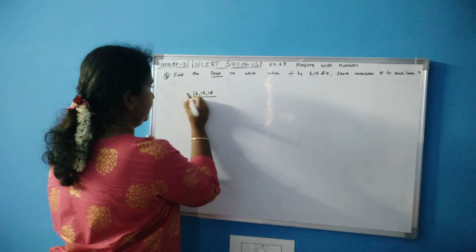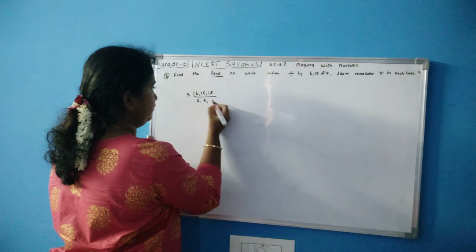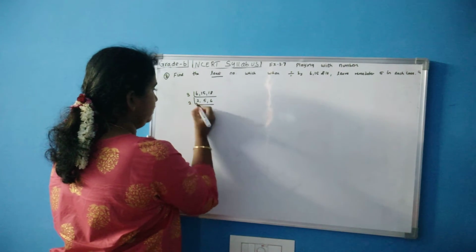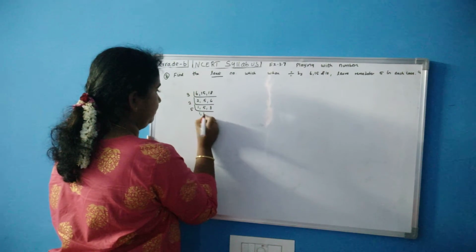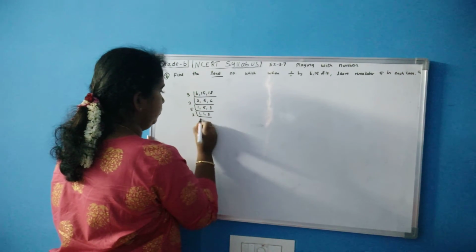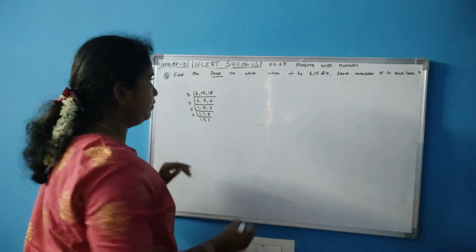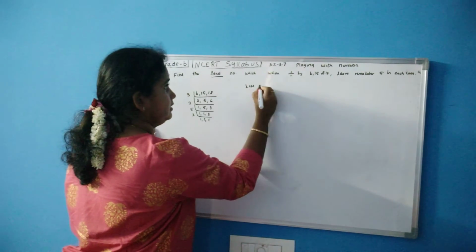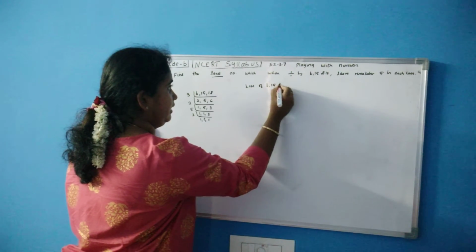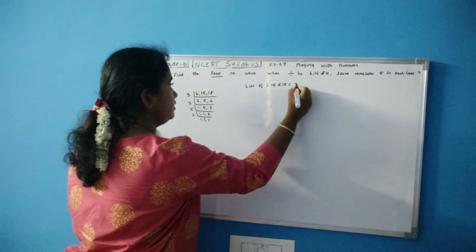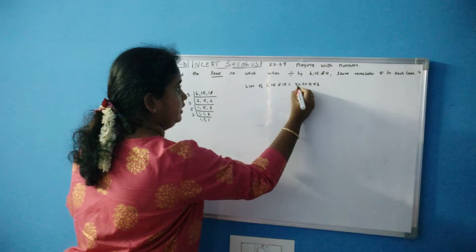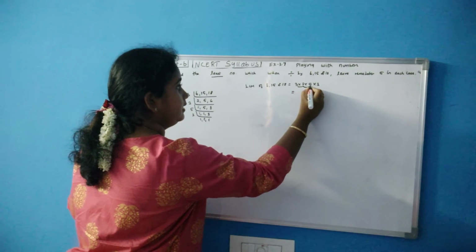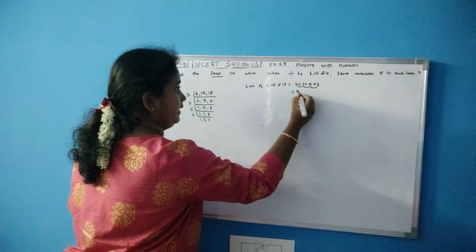So all will go in 3 table, right? 2 3s are 6, 5 3s are 15, 6 3s are 18. Then again 2, 1 2s are 2, 5, 3 2s are 6. 5 table 1, 1, 3. Then 3 table 1, 1 and 1. Okay. Now what is the LCM of 6, 15 and 18? 3 into 2 into 5 into 3. So 3 2s are 6, 6 5s are 30, 30 into 3, 90.